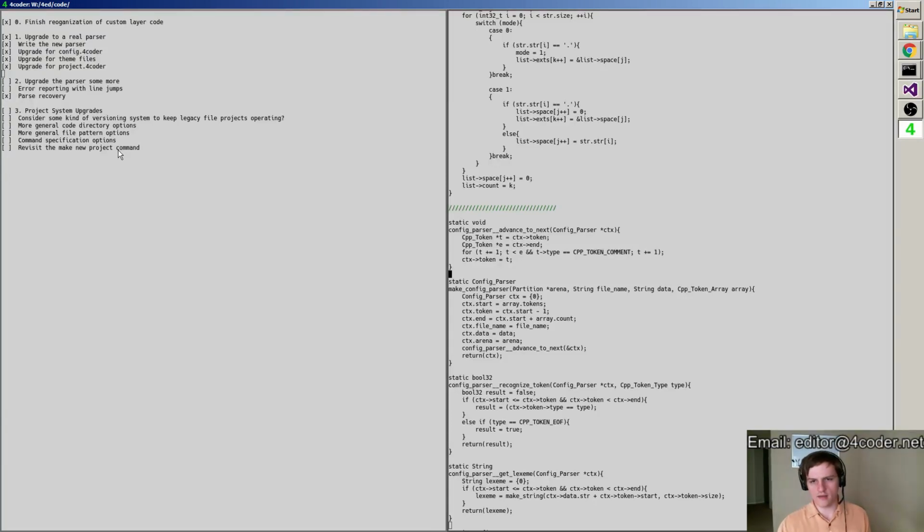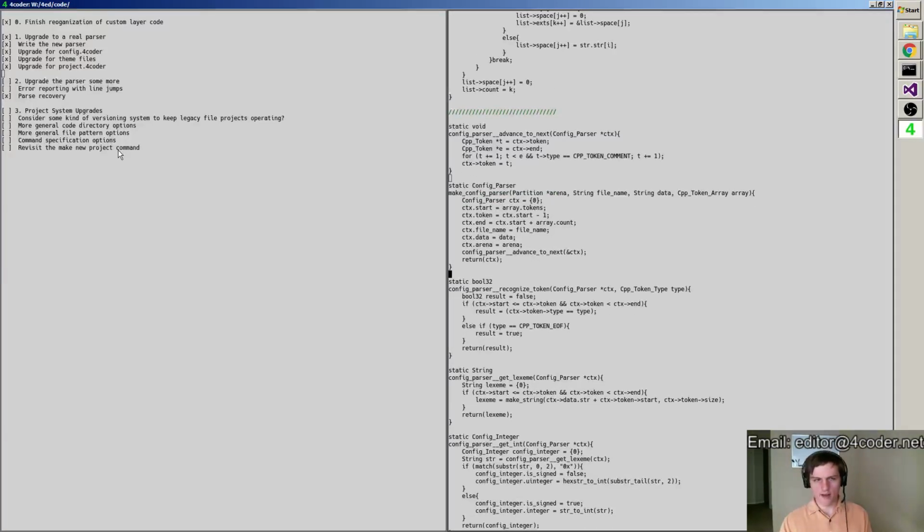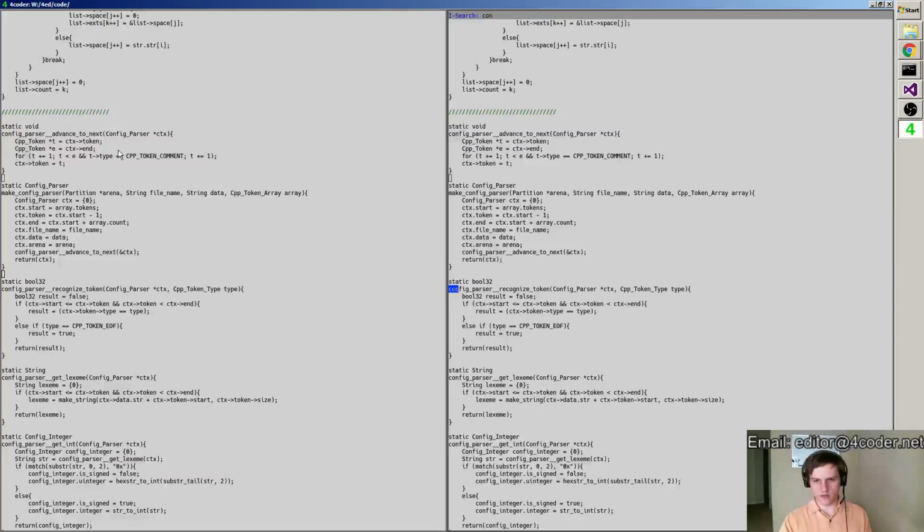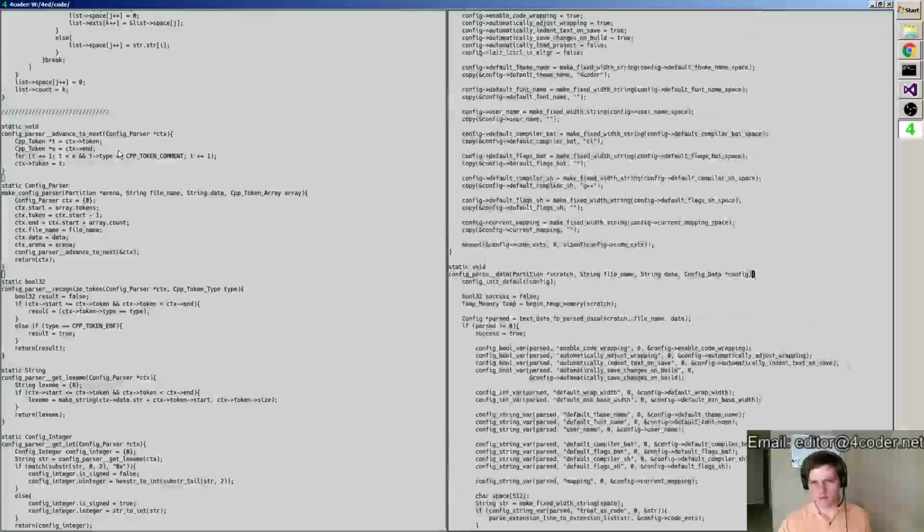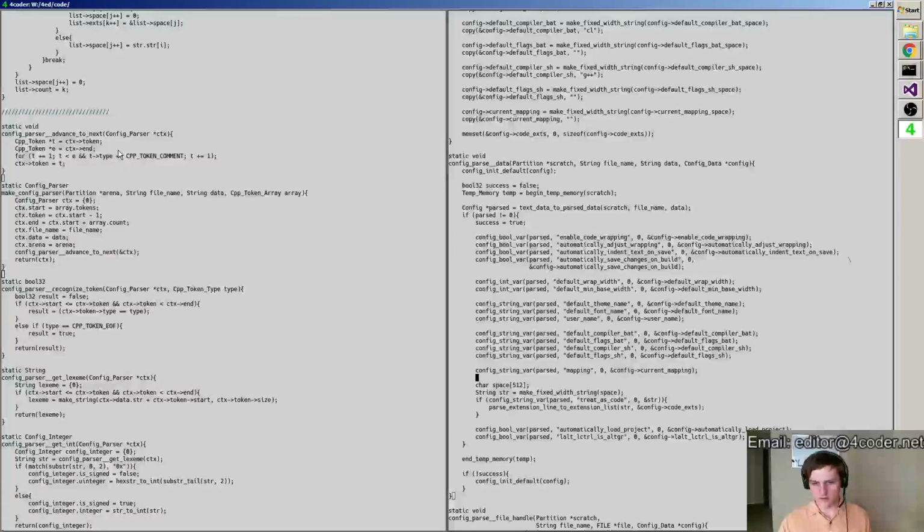Now we want to get the error printing to work. So the way that has to happen is, let's go to config parser, config parse data. There it is. Okay. So when we do that, we get back the parsed. I'm gonna just have a thing that does the printout of all of the errors.